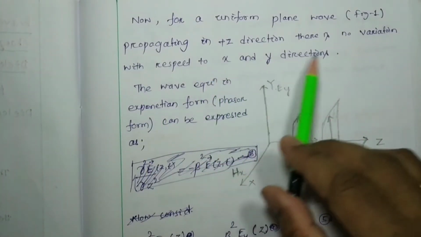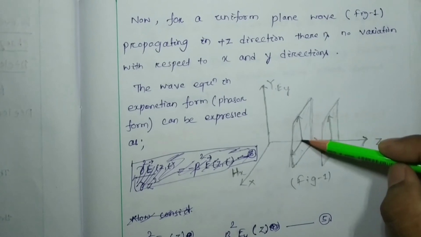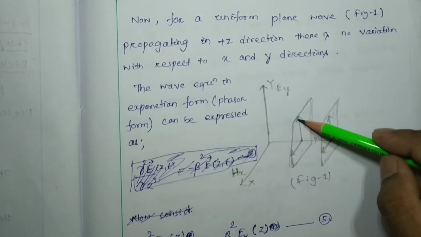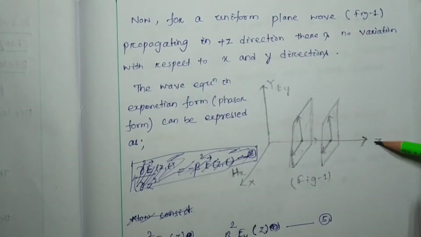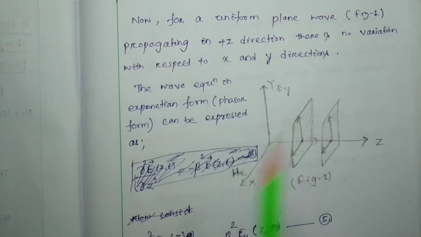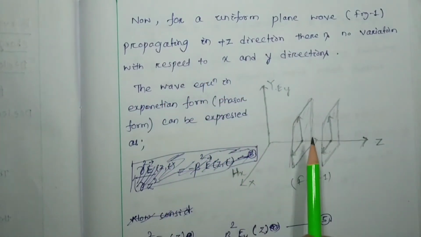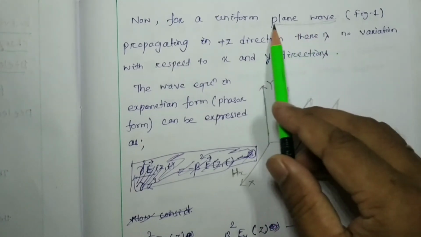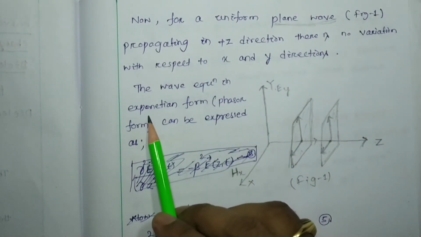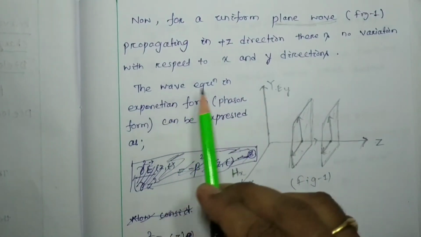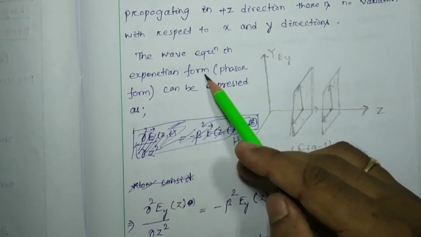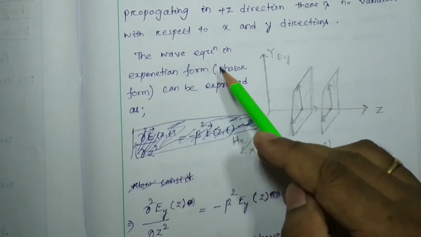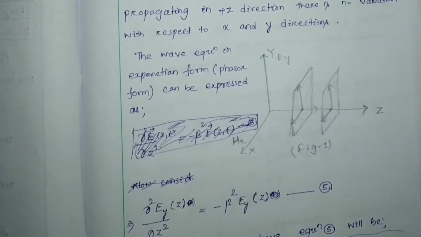Okay, so in the wave equation, that means x and y direction, no variation. Here you can see along the x axis it is constant, along the y axis also constant, at each and every point on your z axis. So no variation with respect to x and y direction, and this will be the typical plane wave. Okay, the wave equation in exponential form, for this case, or in some books it is written as phasor form, can be expressed as